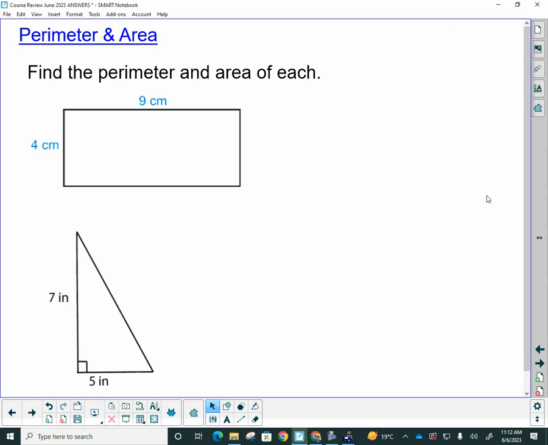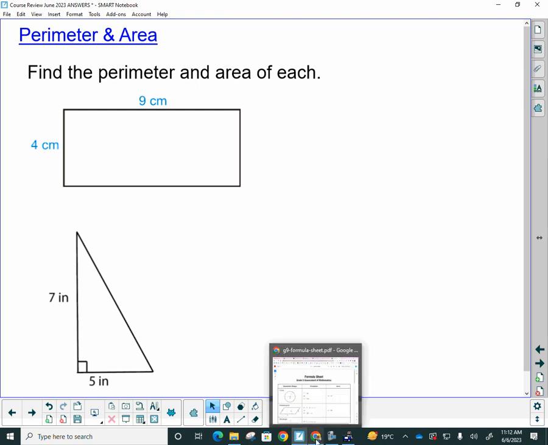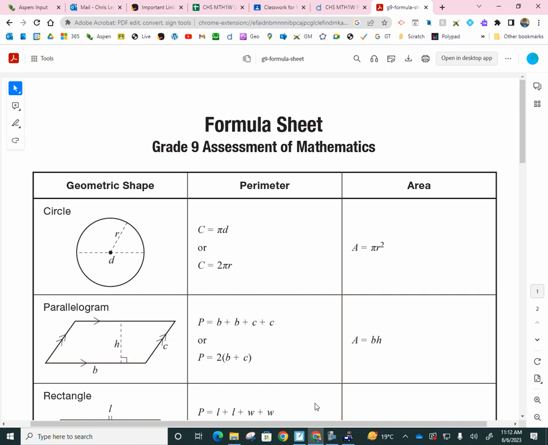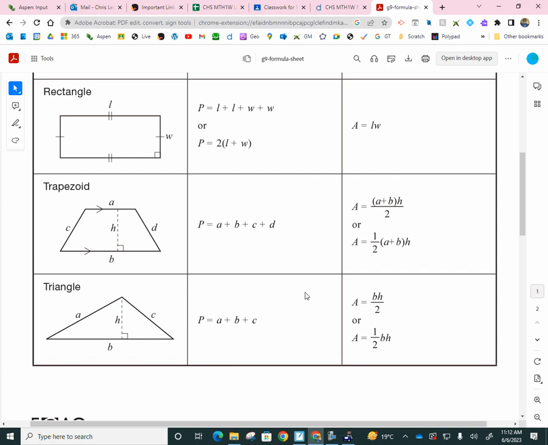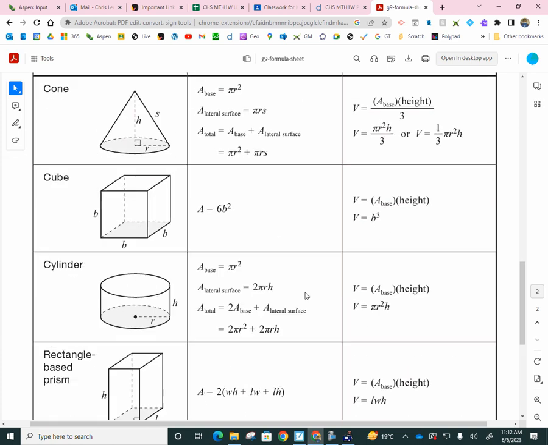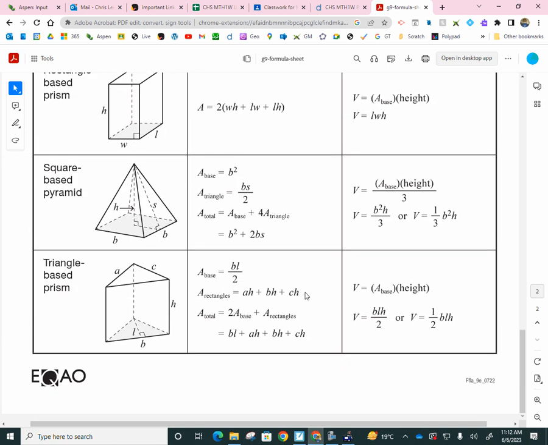Right, now we're going to review perimeter and area from the beginning of the semester. Remember, for all these questions, we have our formula sheet that we will have access to on Google, or when we do the EQAO. It'll be right there. We'll also give you a paper copy, but it'll be right online, so you can quickly click on it and get our perimeter and area of all the two-dimensional shapes, and then surface area and volume of all the three-dimensional